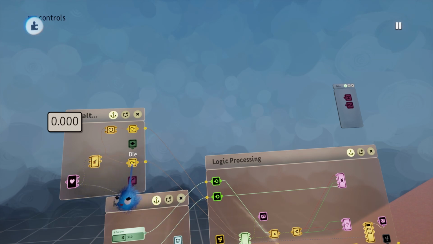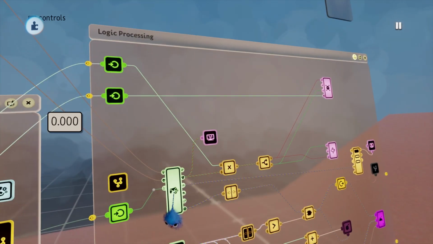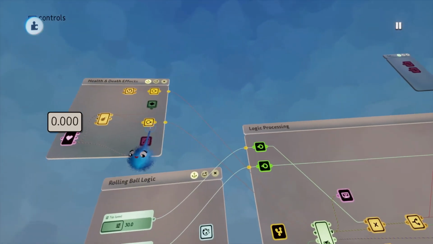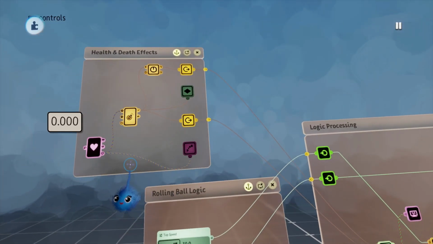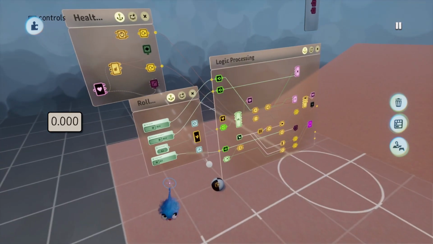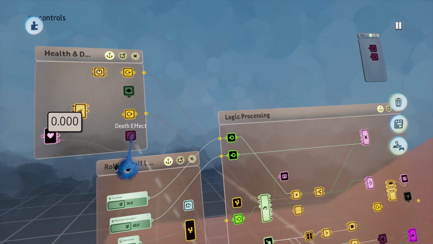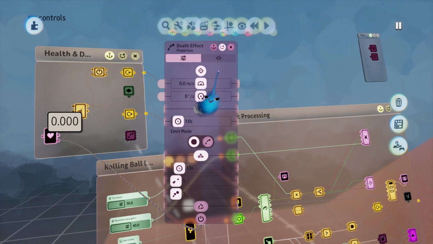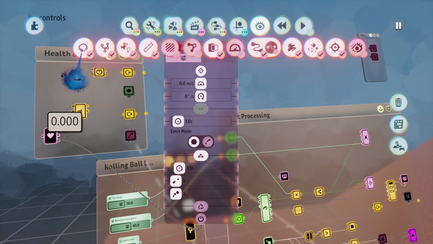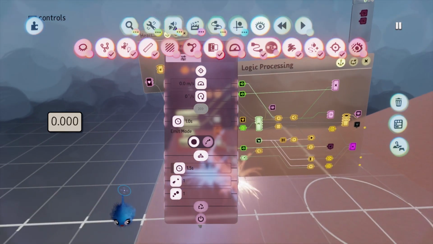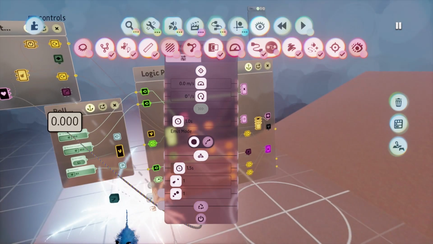This is not strictly necessary, but it allows you to label up the wire. So it says die, and that goes into the die in the controller sensor. And then we've got death effect. This is the emitter, and this is going to emit, and now we're back to this, boom, this special effect